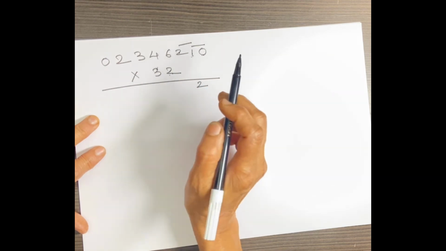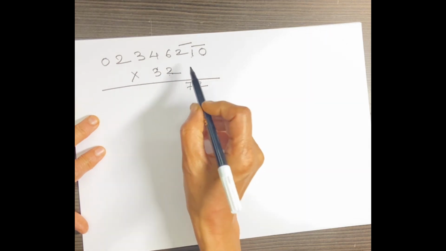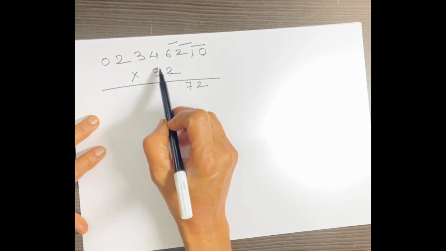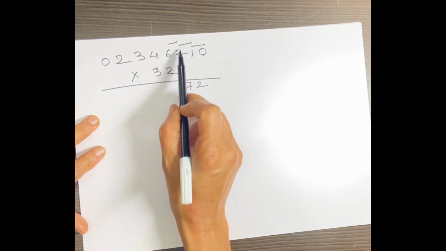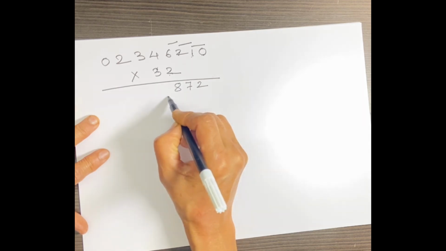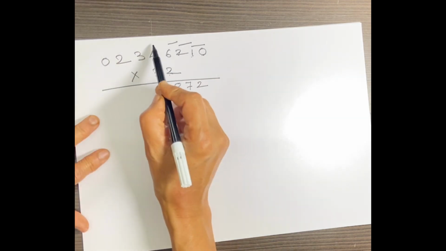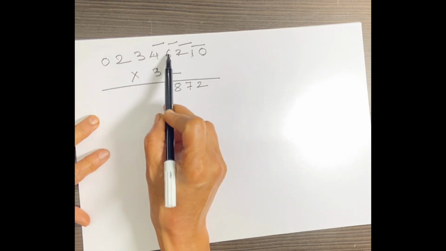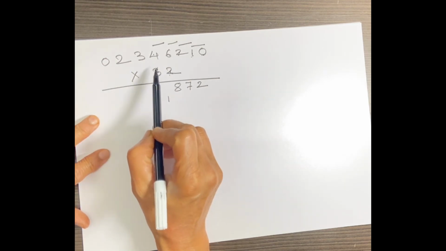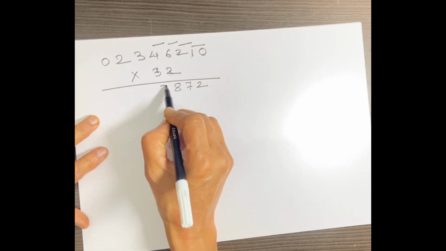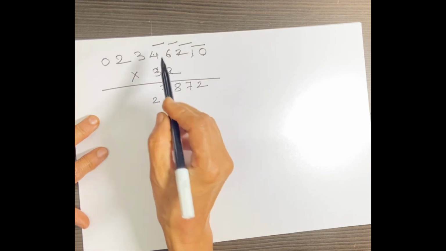4 plus 3, 7. Now next pair, 6 twos are 12 plus 3 twos are 6. 12 plus 6, 18. 8 in the units place and 1 carried over. Now next pair, 4 and 6. 4 twos are 8 plus 6 threes are 18. 18 plus 8, 26 plus 1, 27.